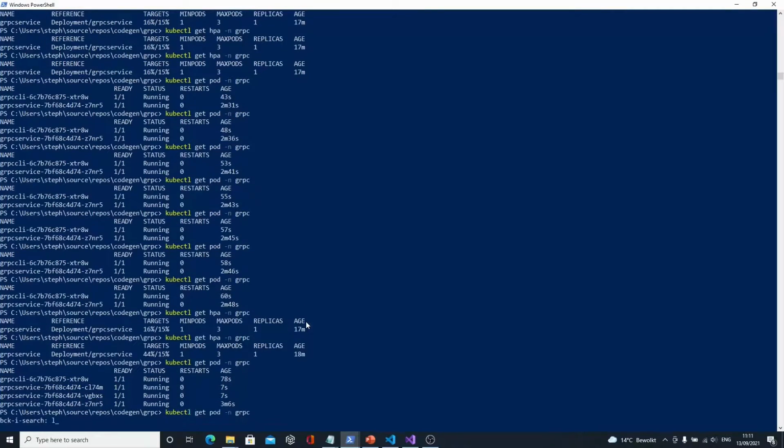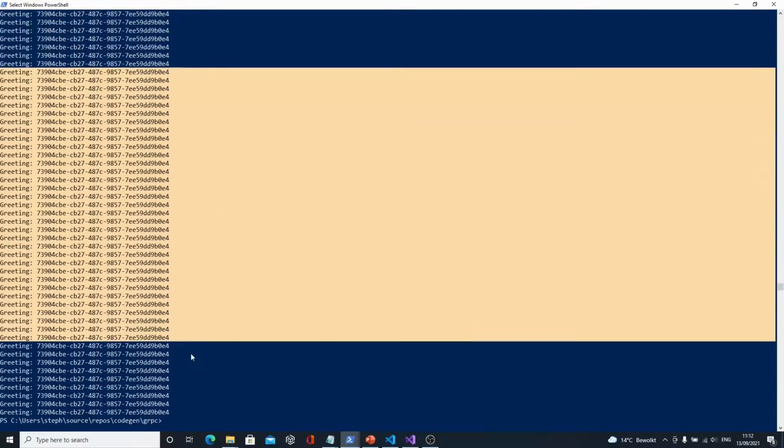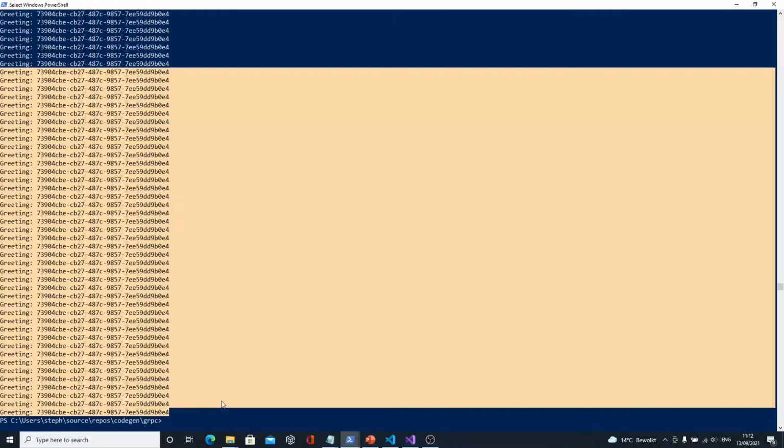But if I look at the logs again, you will see that it's still only hitting one single instance. In fact, I have 3 instances, sorry, but because of the behavior of gRPC, it's still talking to the same one. That's the downside of TCP layer 4 load balancers, like the Kubernetes ones: they don't understand the application layer protocol, layer 7, so they just keep sending to the same instance. This one is not aware that there are 3 other instances, and it's not interfering with the behavior of the client, right?